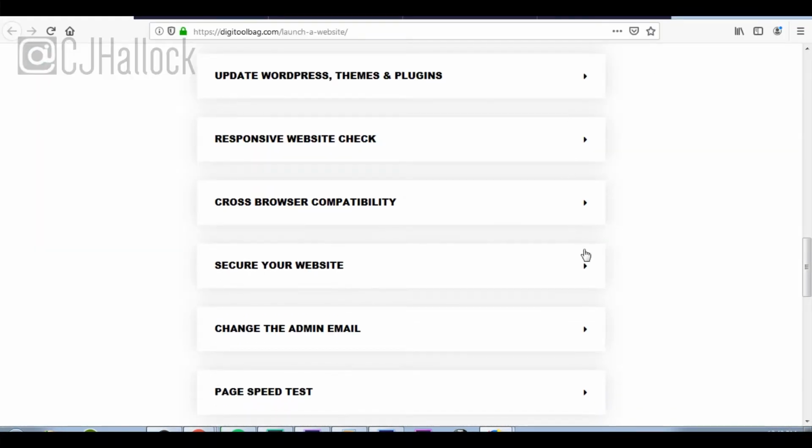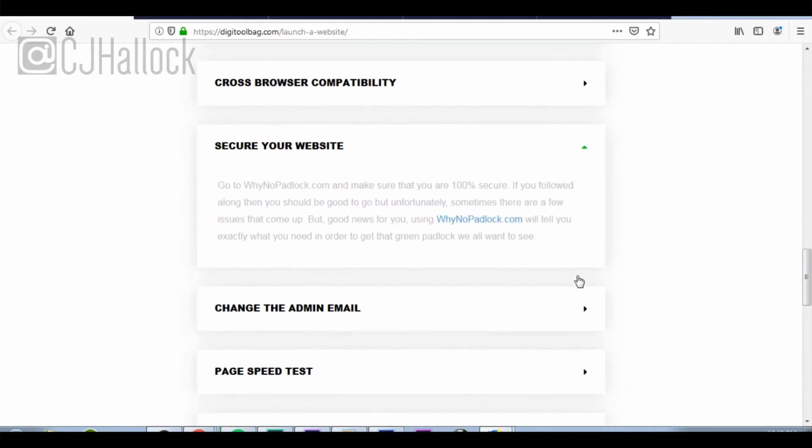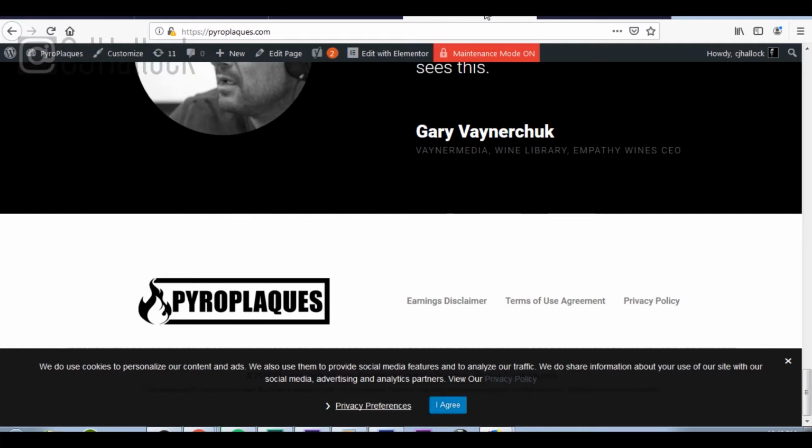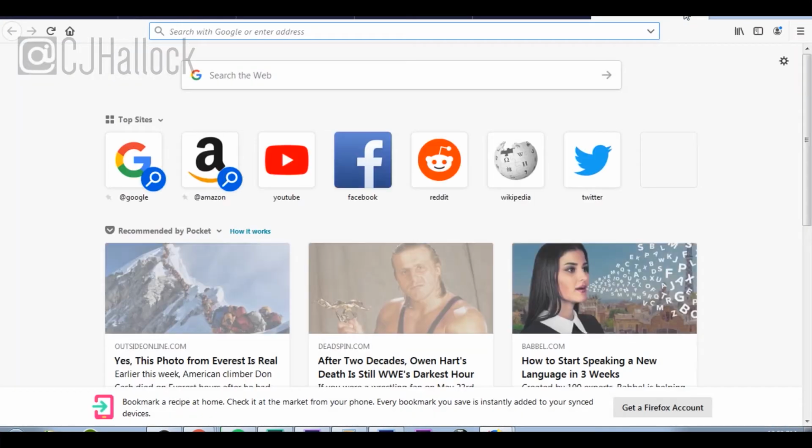Next thing is secure your website. If you do not have the padlock when you're on your website, or it has a little error, there's a few things that you can do. There is a step that we could have done earlier, but I didn't do that one on purpose because I wanted to show you guys this amazing tool that'll help you understand what's going on in your website. So basically, if you open up a new tab and you put in